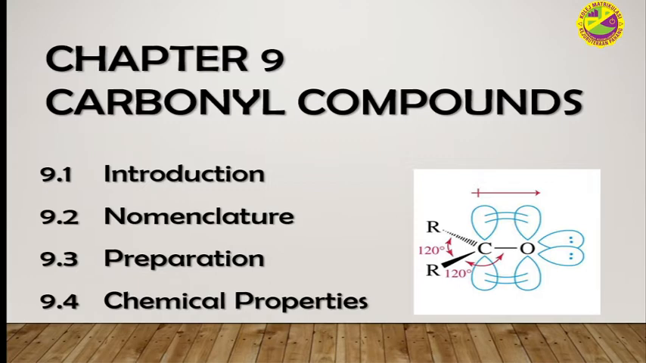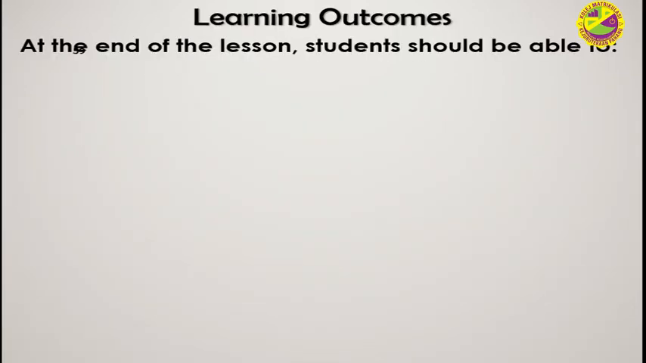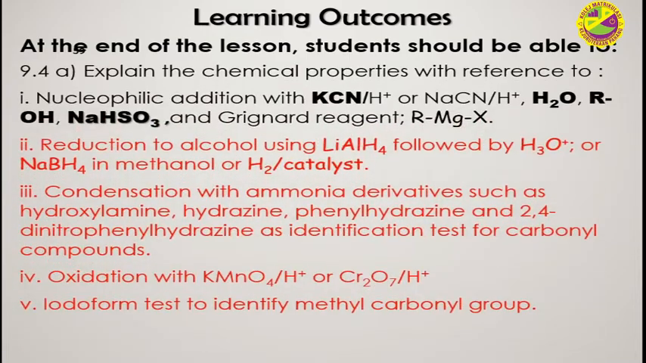In this video, we are going to cover 9.4 chemical properties. At the end of this lesson, students should be able to explain the chemical properties with reference to reduction to alcohol using LiAlH4 followed by H3O+, or NaBH4 in methanol, or H2 with catalyst,